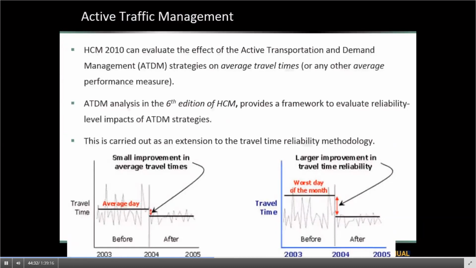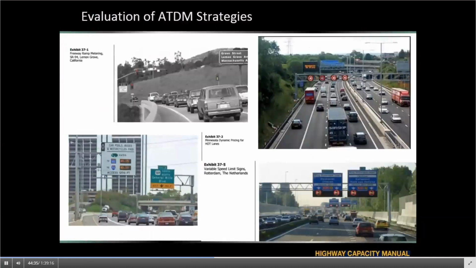sources of congestion. And so ATDM analysis in the new HCM includes a number of strategies that we can model, ranging from hard shoulder running, ramp metering, traffic diversion, variable message signs, and so on. I should also mention that the way the uninterrupted flow chapters' analysis works is that in order to do an ATDM analysis, first we need to do reliability analysis, and in order to do reliability analysis, we have to do the Chapter 10 core method. These are sequential analyses that are built on top of each other.